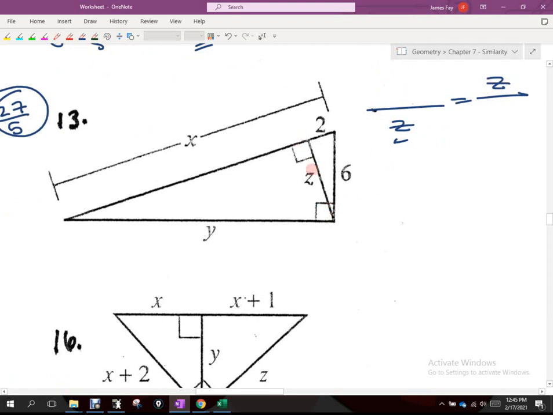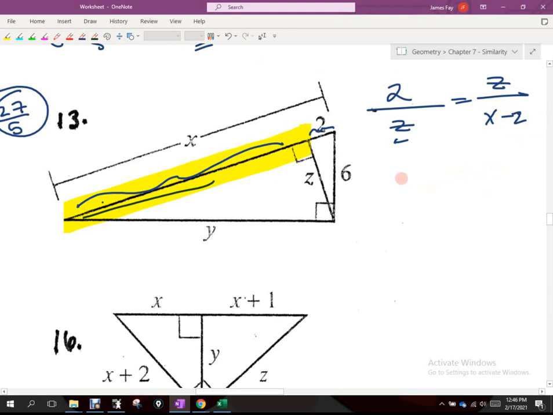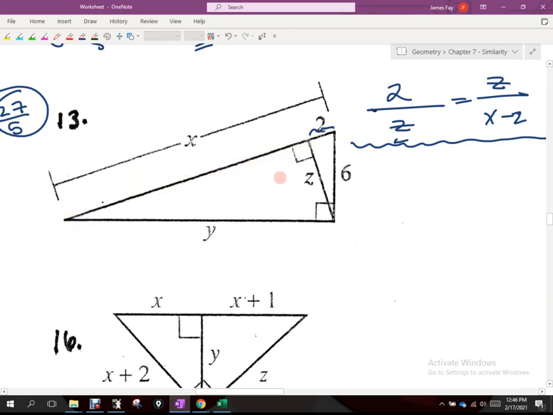Look at that z. Shouldn't that be the geometric mean between that distance and that distance, right? One of those distances is 2. What's this distance here going to be? How do I identify? That yellow distance would be x minus 2. Can you solve that right away for x or z? It's a problem, right? Don't erase it. Just go on to another relationship. We'll look at this